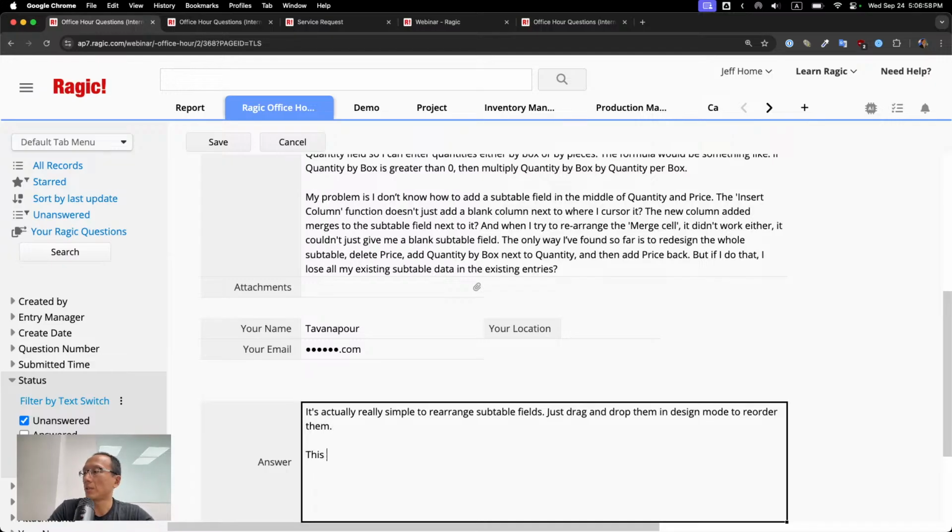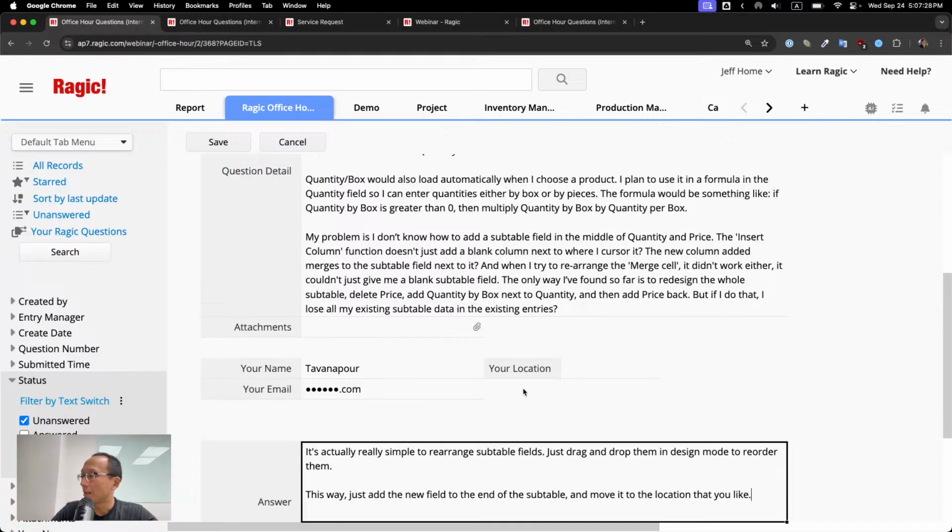This way, just add the new field to the end of the subtable and move it to the location that you like. Okay, yeah, this is probably just missing a simple UI